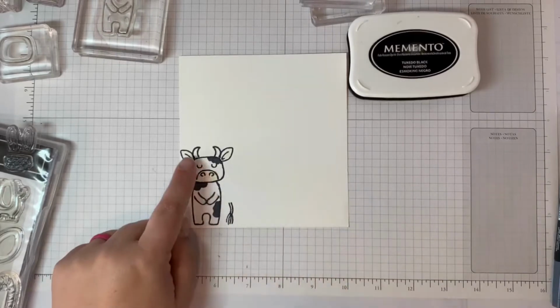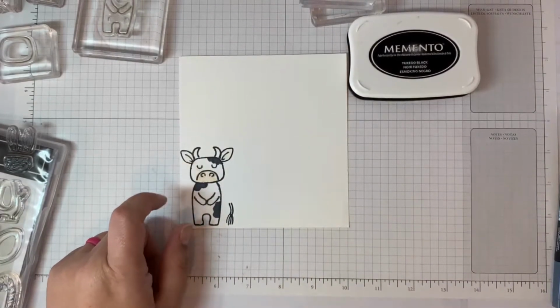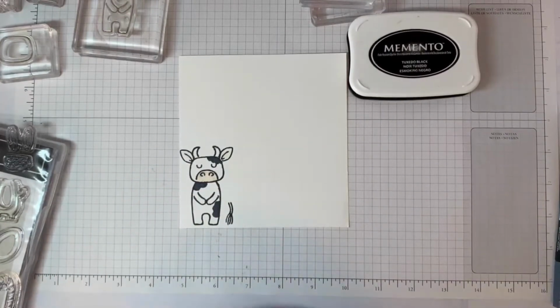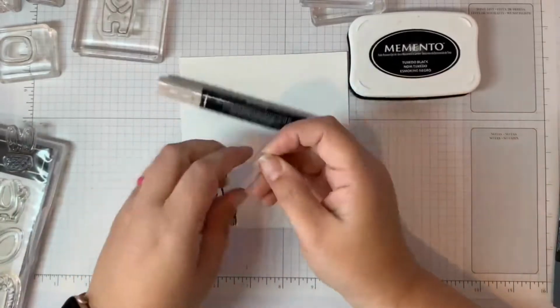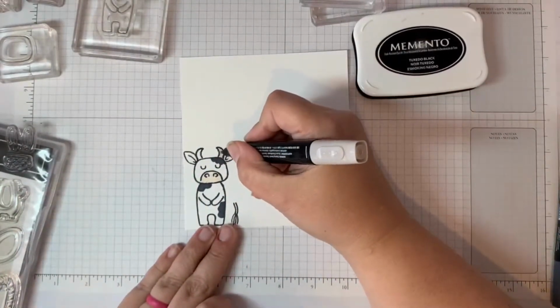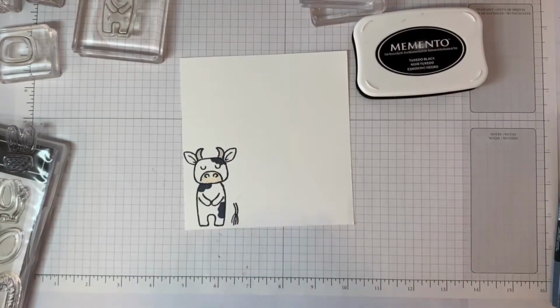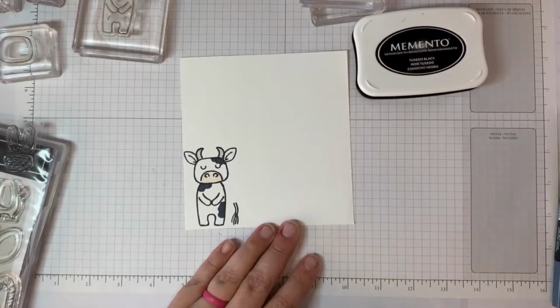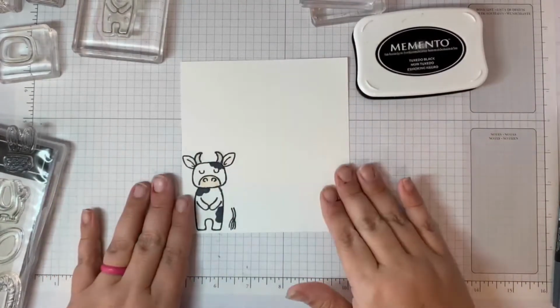Alrighty, now let's talk about these horns. I don't think they're going to be white. Because if they're out in the cow field, I'm guessing they probably got a little bit dusty. So I'm going to use light crumb cake. And I'm going to take the brush end and I'm just going to color them in. Alrighty. So if I were doing this for real and not for a video, I would stamp a bunch